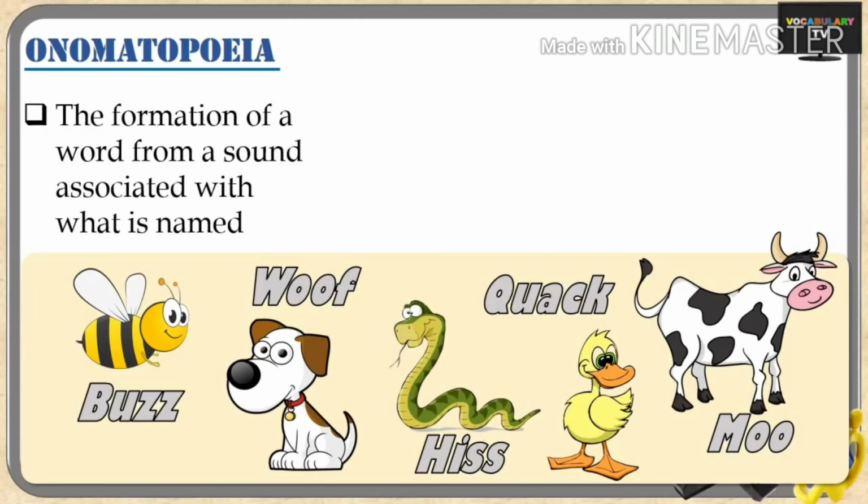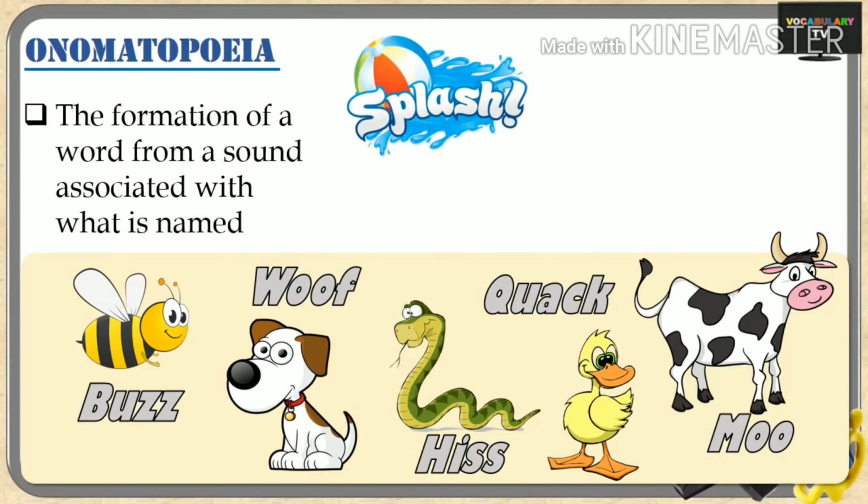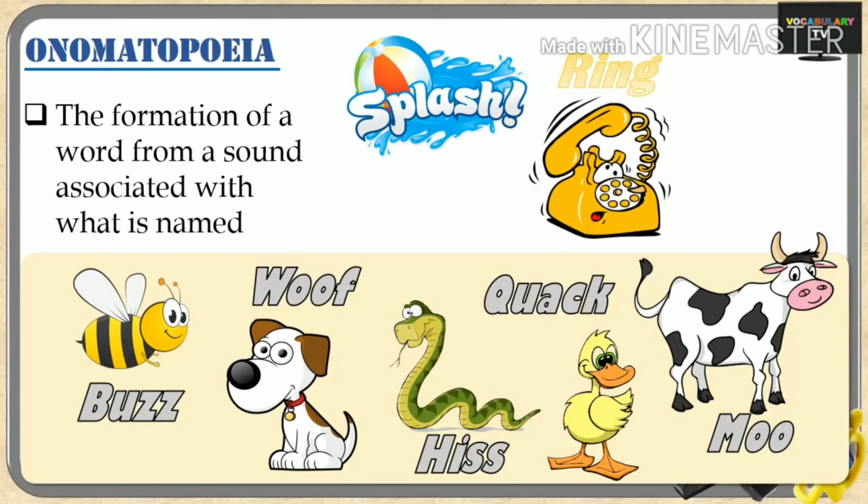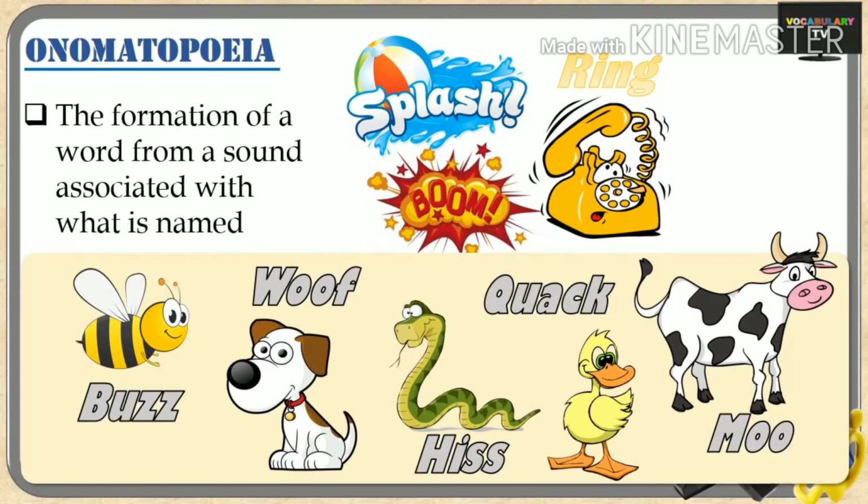Not only animals, there are many other real life instances of such sounds. For example, if I say the ball splashes into water, the word splash actually reverberates the sound of something hitting water. Or the telephone rings. Ring or tring is the actual sound made by the telephone. Or even the bomb, when boom reflects the actual sound made by the bomb. And the horn goes beep beep, again the actual sound.